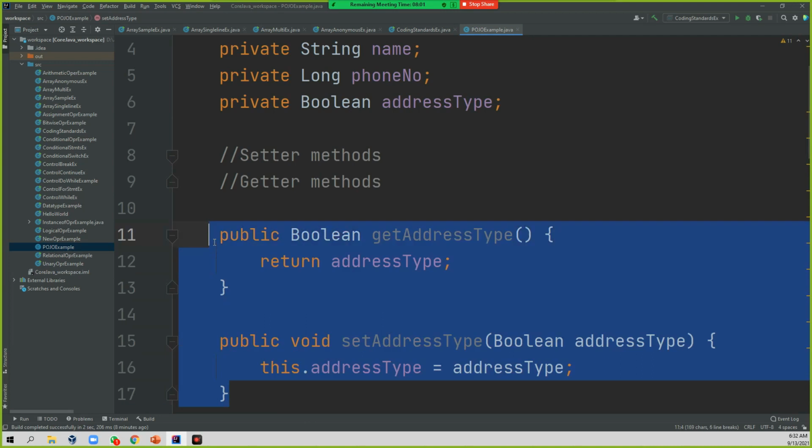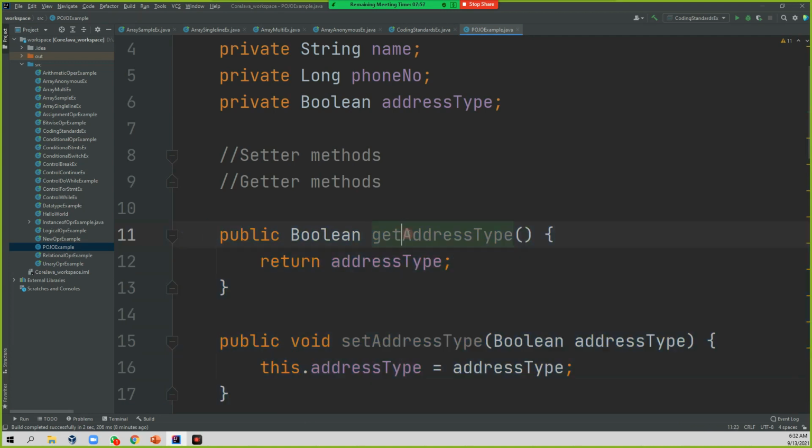It will automatically generate setters and getters, but it does not look good. Some developers use it like this, but this is not the best way to write it for boolean. It should be isAddressType. Whenever a name starts with is, it tells you that it is a boolean type, followed by whatever variable name you are using.